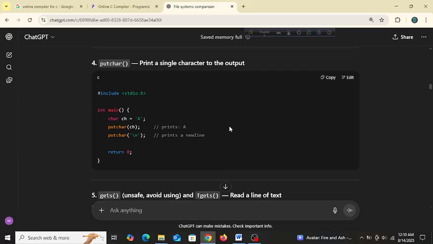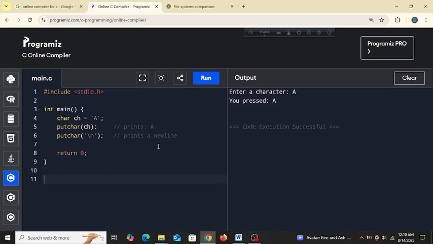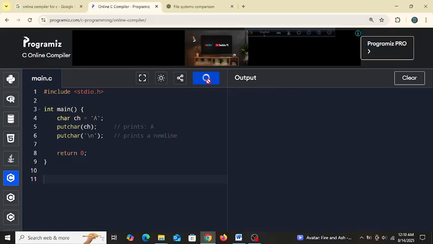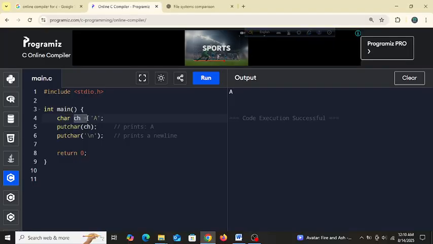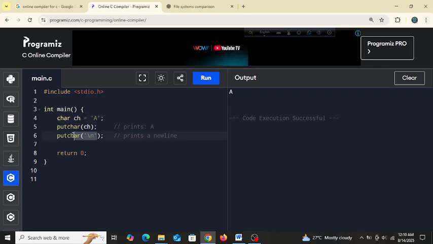Putchar. Okay, let's see what this putchar is doing. If we run this, you see we have a character type variable again here, and we are assigning a to this variable, and putchar is getting this ch. So this prints a and a new line, right?